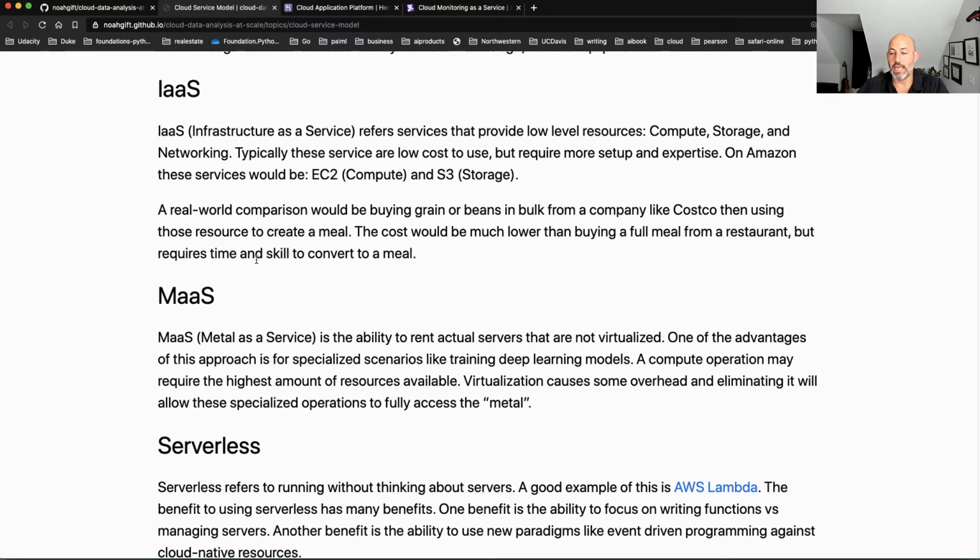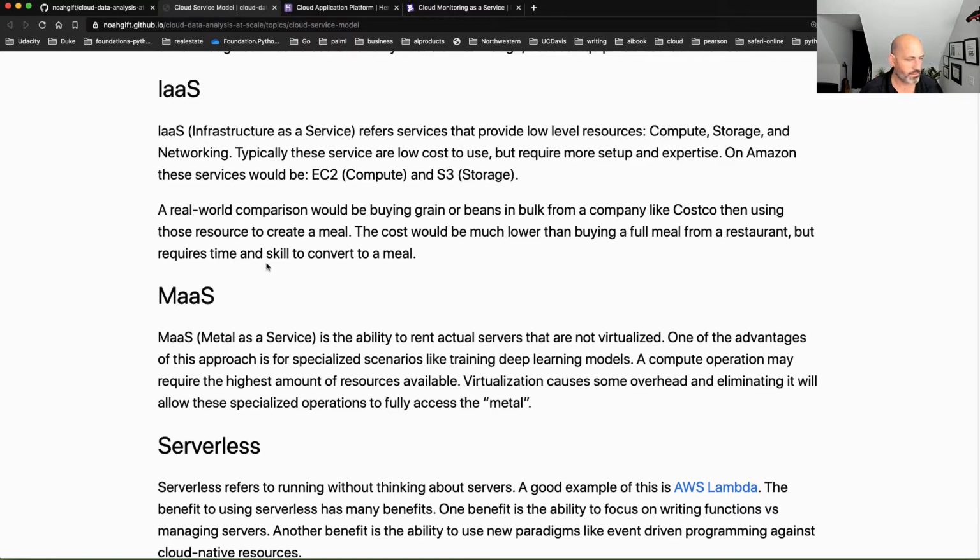There's a lot of technical detail, just like with Amazon, there's a lot of technical detail to use the virtual machines, to use the S3 storage. So this is probably the most common for a sophisticated company: they use a lot of infrastructure as a service because the cost is low. The downside of this, though, is that it's really easy to get burned if you don't know what you're doing, and it's a little bit like a gym membership.